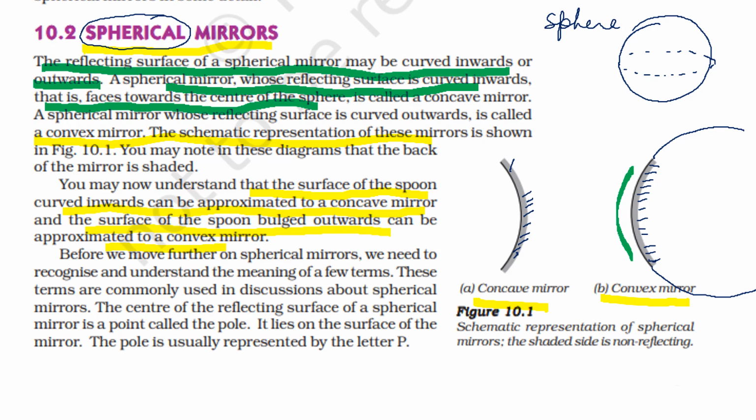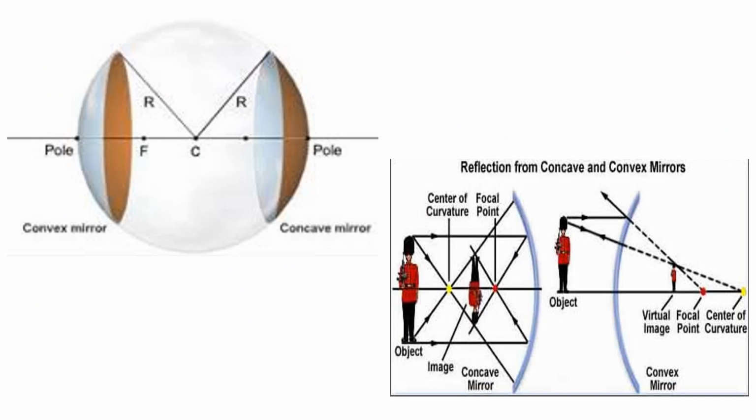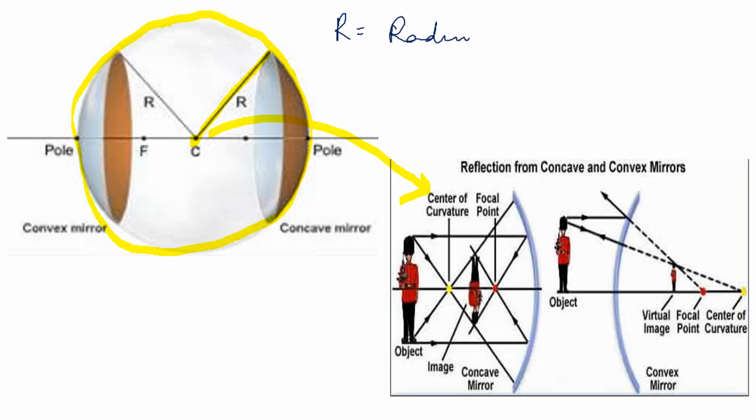So before we begin more about the mirrors, we have to know some of the basic definitions of the mirror. Now here is the figure. This is the complete sphere which I told just now. This is a sphere. Okay. Now as you all know, sphere has a center. So now here your center is known as center of curvature. And every sphere, just like a circle, has a radius that is called r. So that r is known as radius of curvature.